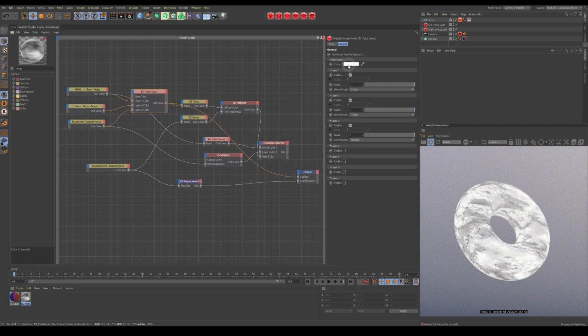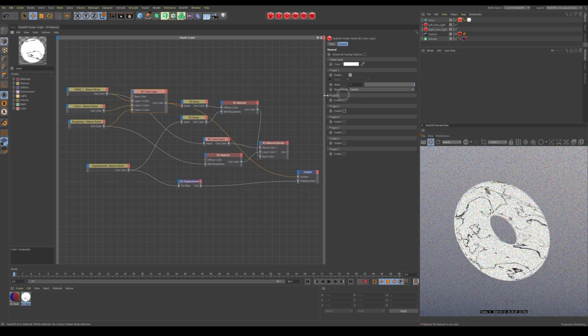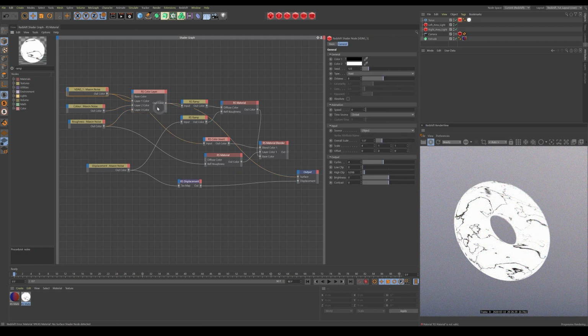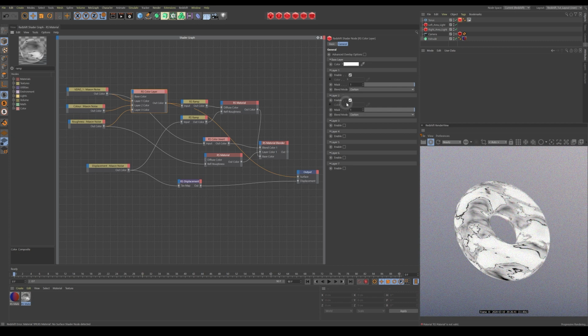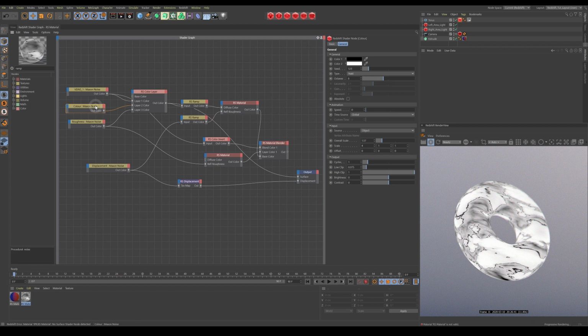So I've got a base color of white, and then I'm applying this. Disable these two. So I'm applying this veins onto here with a darken. So just taking the dark areas, which is the black lines, and almost subtracting them from the white. The second one, doing the same thing again. I'm just taking the dark areas from this noise and subtracting them. And for the final one,